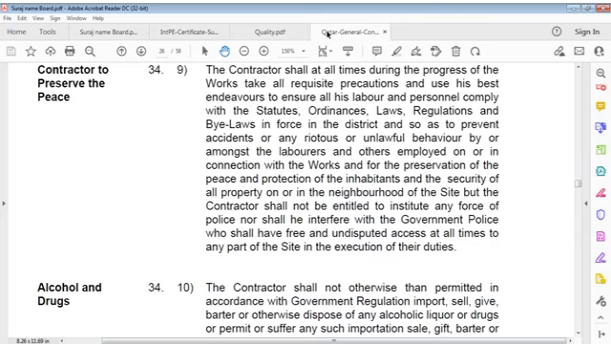The contractor shall at all times during progress of the works take all requisite precautions and use its best endeavors to ensure all workers and personnel comply with statutes, ordinances, laws, regulations, and bylaws in force in the district, and so as to prevent accidents or unrighteous or unlawful behavior or conduct by or amongst workers and others employed on or in connection with the works, and for preservation of peace and protection of inhabitants and security of all property on or in the neighborhood of the site, but the contractor shall not be entitled to institute